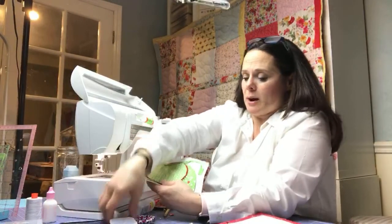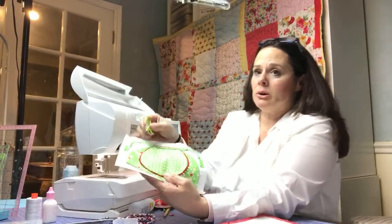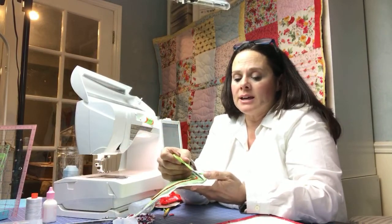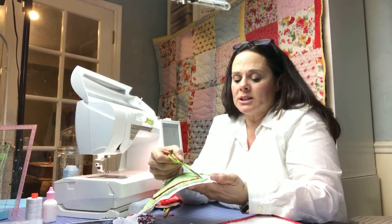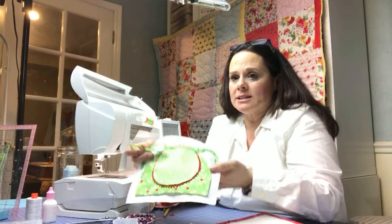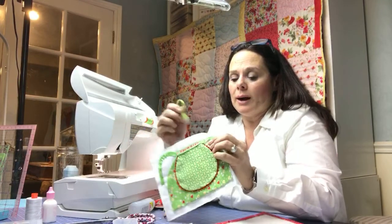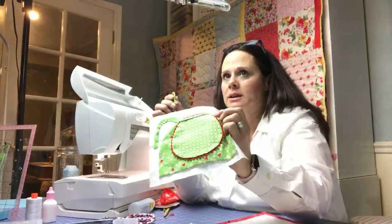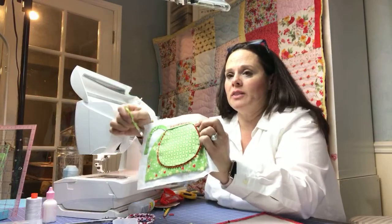I mean, for Instagram. So now what I'm going to do is stitch just right on the edge with a straight stitch all along the places where I tacked this down with glue. So I'm going to stitch around this little square that says brownies. I'm going to stitch on the